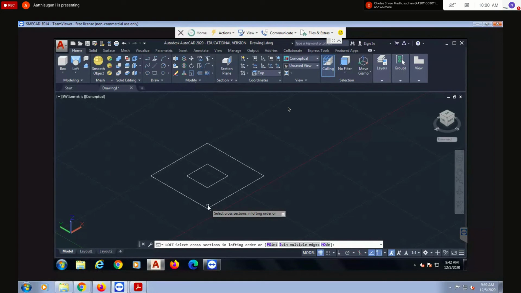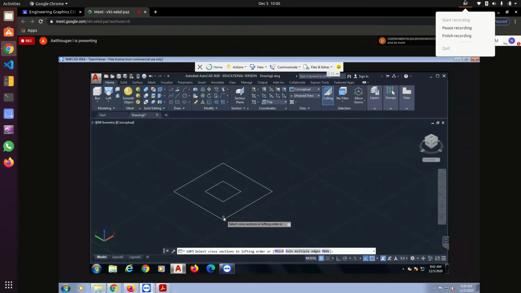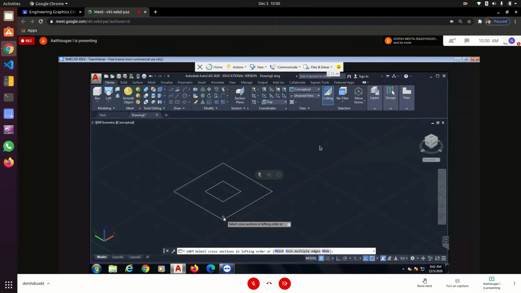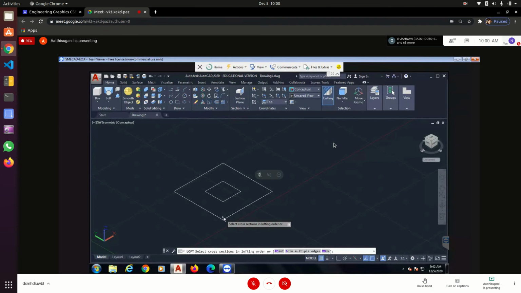Mainly for those who are drawing in manual drafting. Question numbers 4, 5, 8 manually. You have to draw the front view, top, side, what I explained last week. Orthogonal projection, front view.